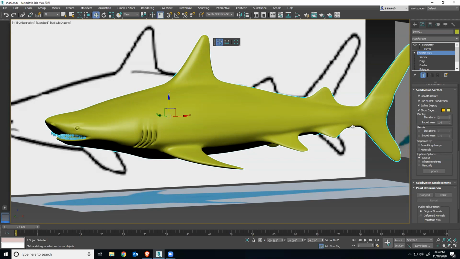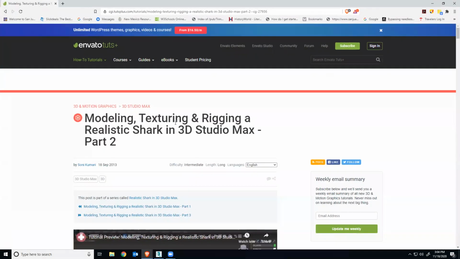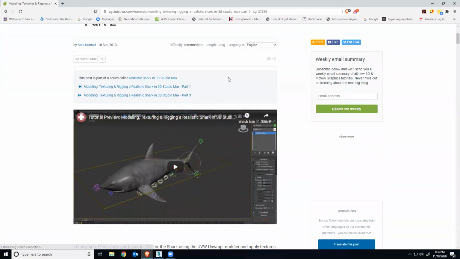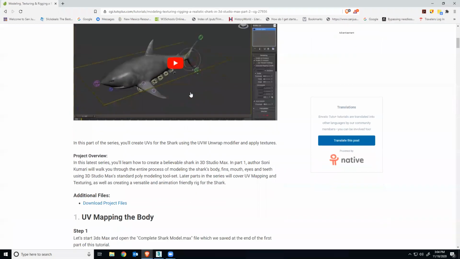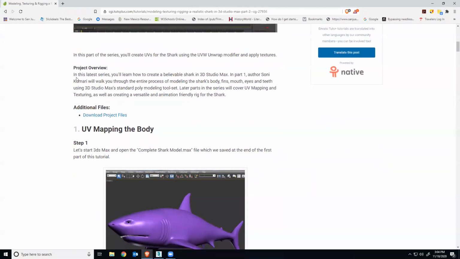So we're going to go to step 2 here, or part 2 of the modeling. So this is where we are. Okay, there's even a video that goes with this, but they put some lights on that, and we'll just look at it. Project overview, we learned to create this shark. Now we're gonna